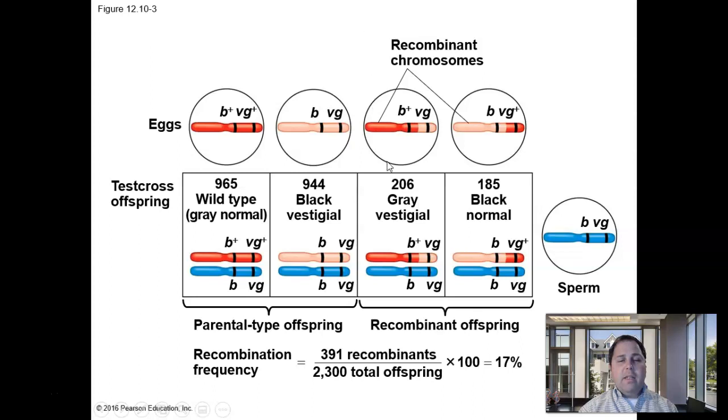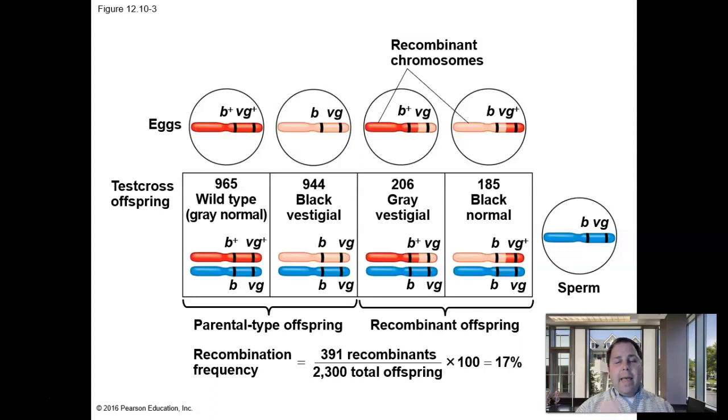Moving even beyond this rarity of this event, we can calculate the recombination frequency. It sounds like a complicated number, but the recombination frequency is simply the number of recombinants. So 391 is 206 plus 185 over the total offspring. So this total experiment gave us 2,300 offspring. So we got a recombination event 391 times out of 2,300 attempts, or 2,300 offspring. Multiply that by 100 to give us a 17% recombination frequency. So these two genes will recombine